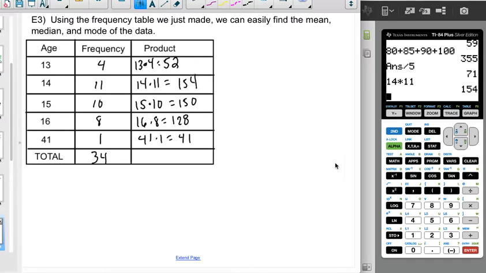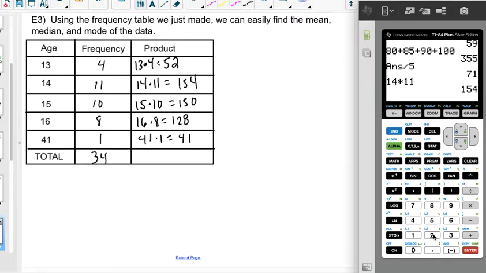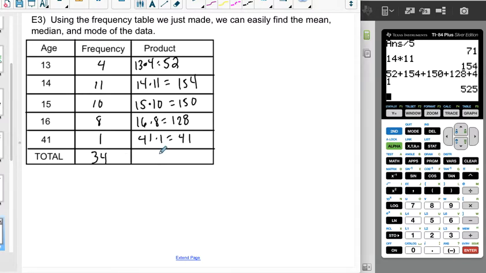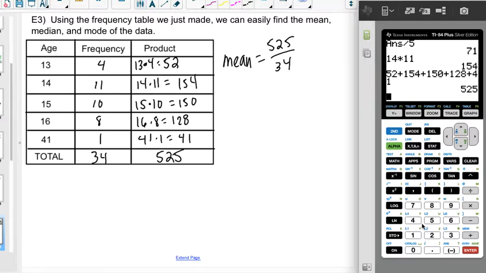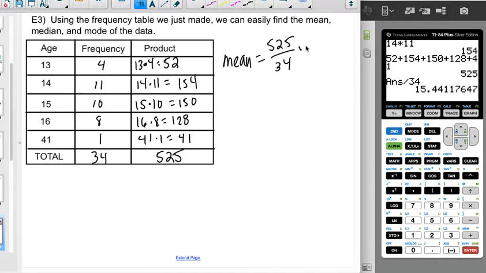So if I get the total of this, right, if I add the 52 plus the 154, sorry, it's a little bit laggy, plus the 150 plus the 128 plus the 41, that's the sum of all those values, right? That was a shortcut way to get to the sum of all those values. So 525. So my mean, right, is going to be 525 divided by 34, which I can do pretty easily. So that's, if you have a lot of data with the same value points, it's really helpful to make one of these. And so my mean is going to be approximately